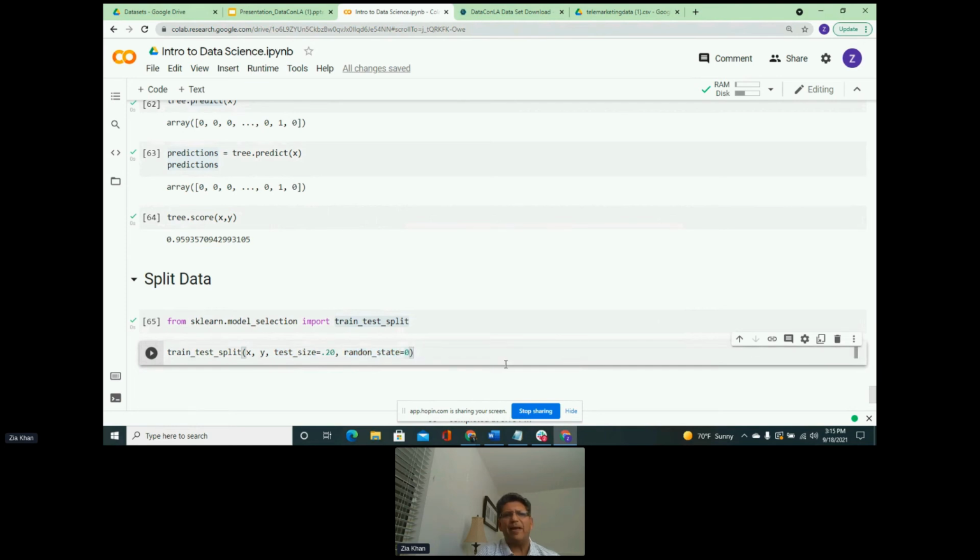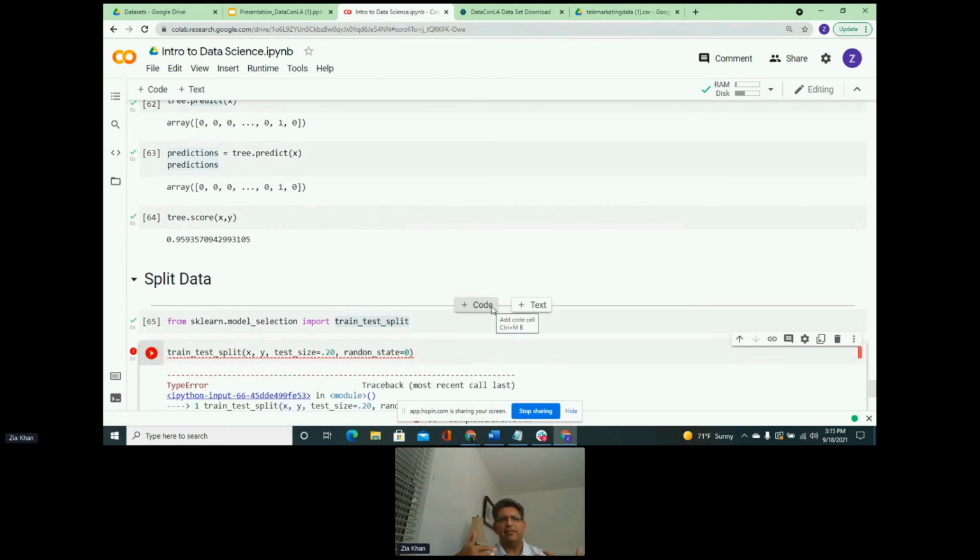You can pass whatever you like, but if you pass the same random state, we should have the same results. So we are defining the key here. This should return us four data sets back.